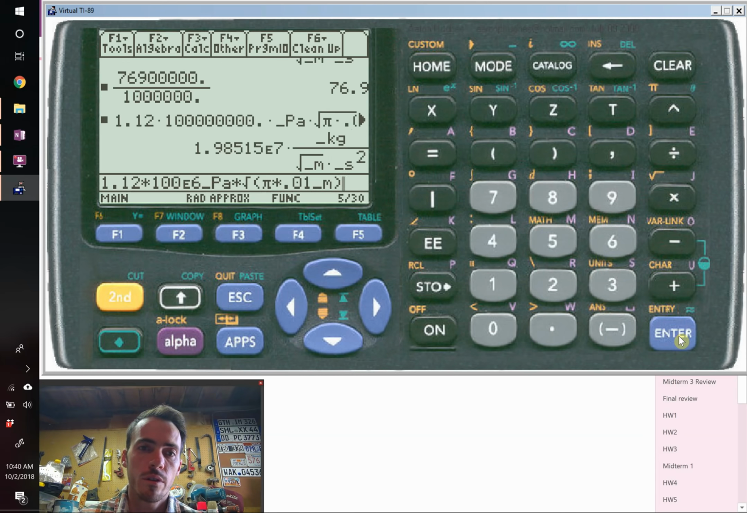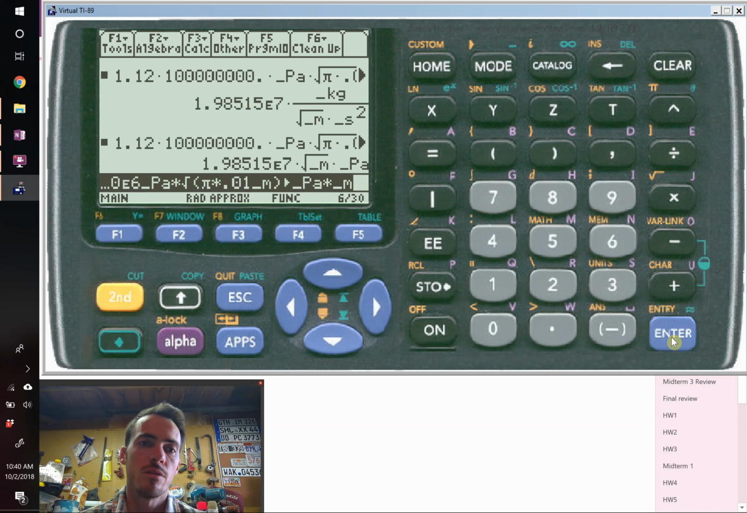We can convert this. So I'm going to convert this. That's what the little triangle button is, the yellow triangle up there. That means convert it to different units. We're going to take that underscore large P alpha for A multiplied by underscore meters. This is faster on a calculator, right? Okay, so the answer is